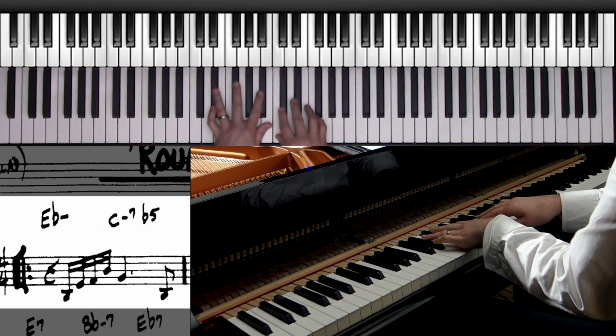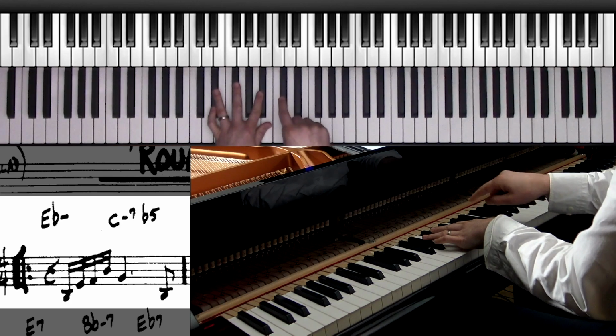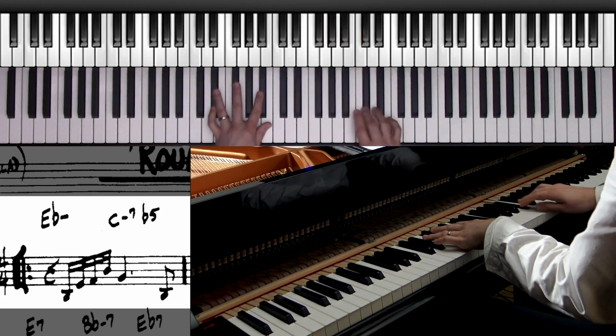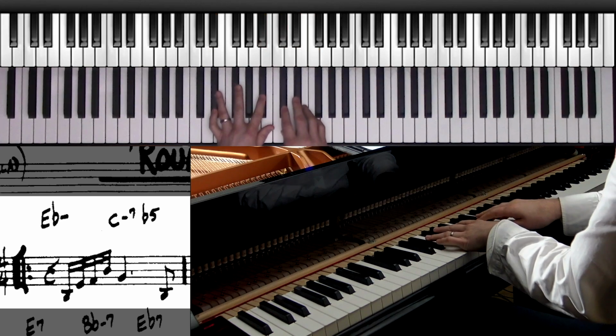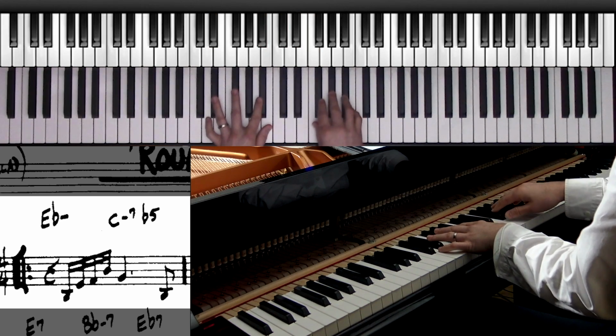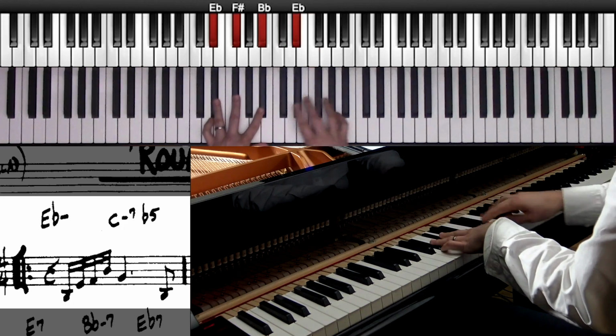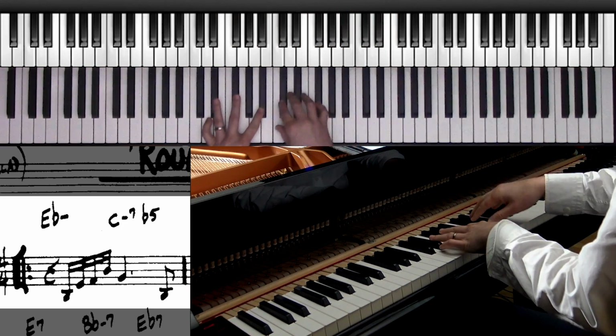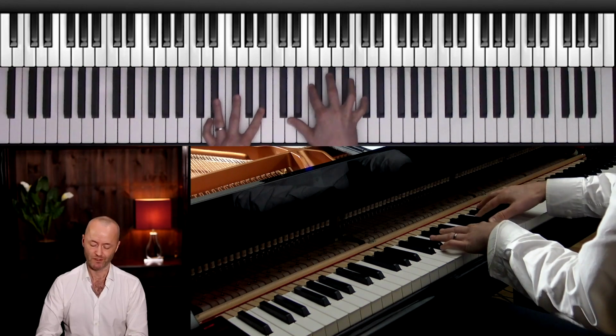Or you can play the D flat scale, so the Dorian scale, which is the major scale starting from down a whole step. Which I like better than just playing the G flat scale in this case. So then I would use notes from the D flat scale,